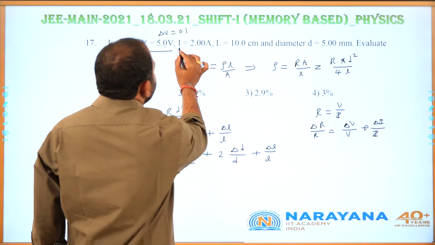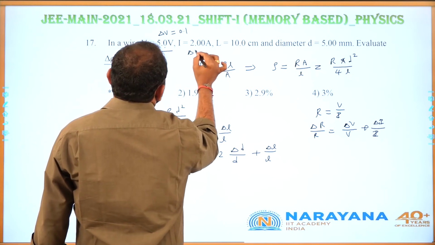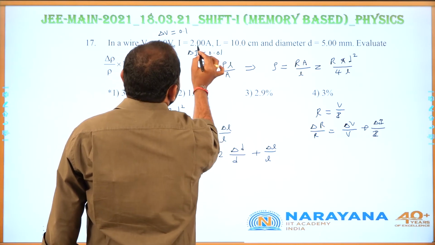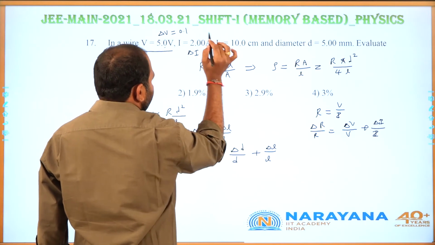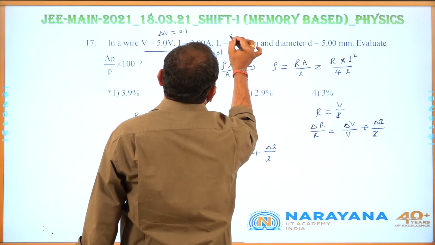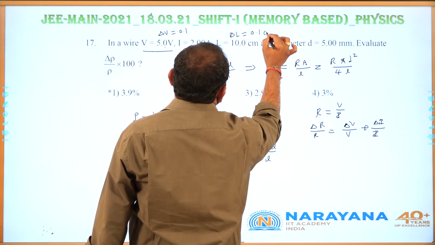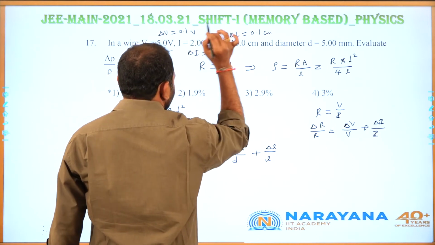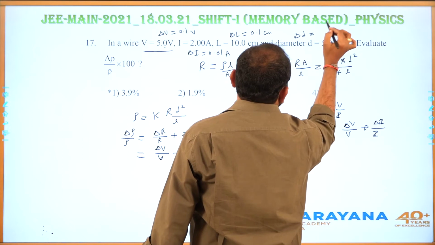Similarly, error in the calculation of current, delta I, can be taken as 0.01 ampere. It is measured up to 2 decimal accuracy. Similarly, delta L can be taken as 0.1 centimeter. Similarly, delta D can be taken as